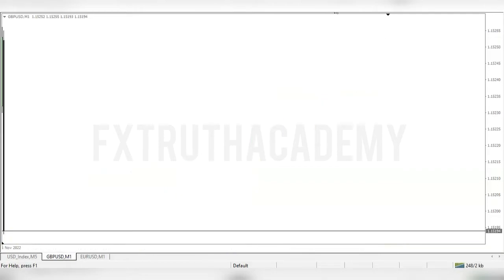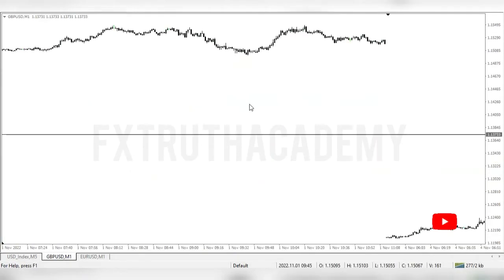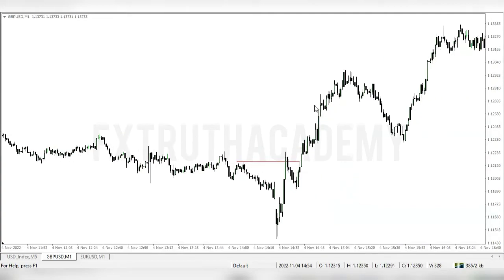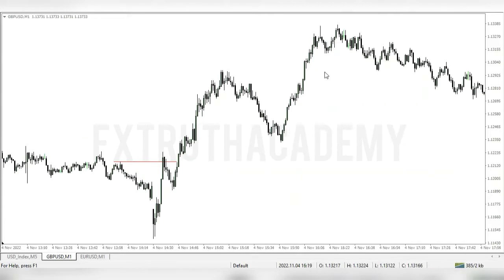I dropped down to the 1 minute for better optimum entry. So around this particular candle right here, I bought and I exited around this particular area right here. These two trades on the NFP actually took my account up by 4%. So that shows you don't have to be in the market all the time. You understand? You don't have to catch the whole portion of the move.